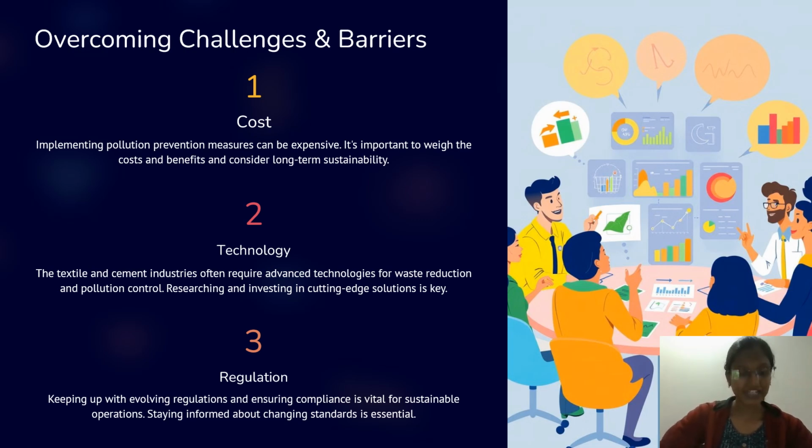Researching and investing in cutting edge solutions is key. Then we have regulation. Keeping up with the evolving regulations and ensuring compliance is vital for sustainable operations. Staying informed about changing standards is